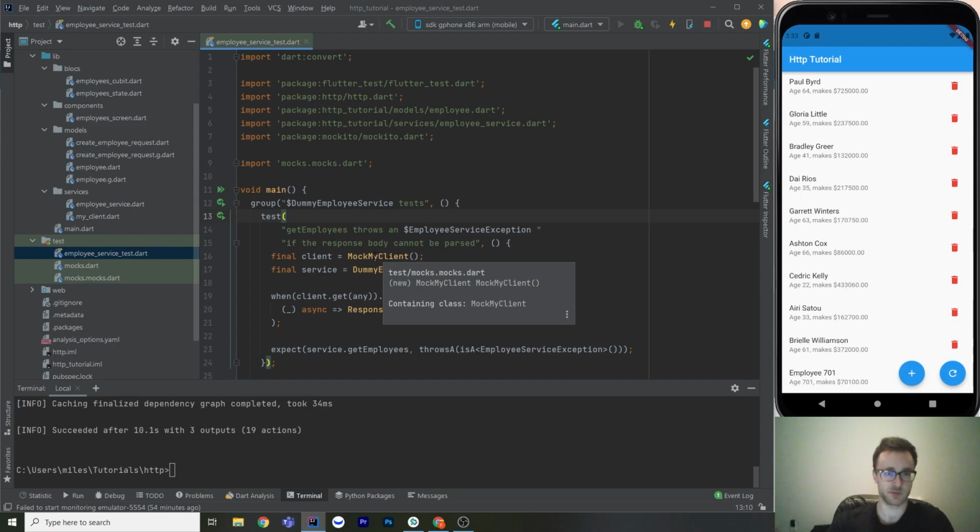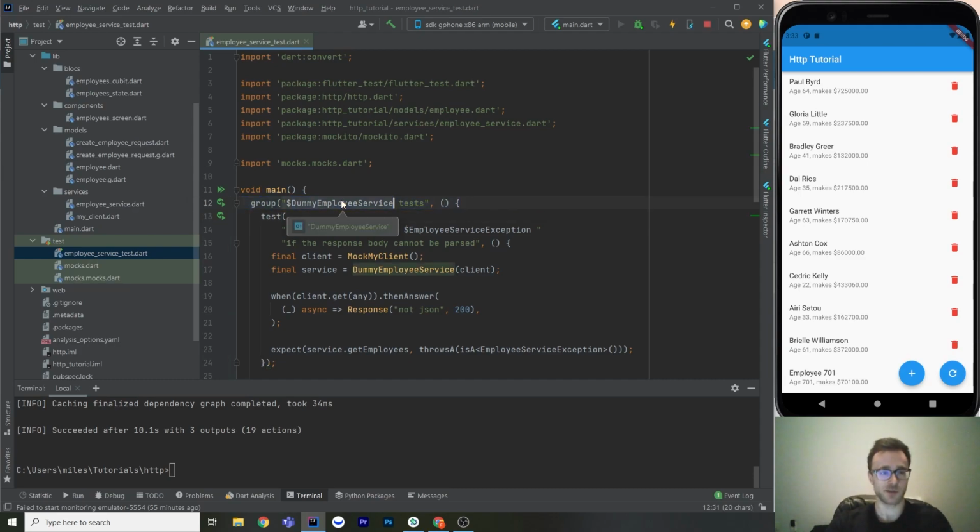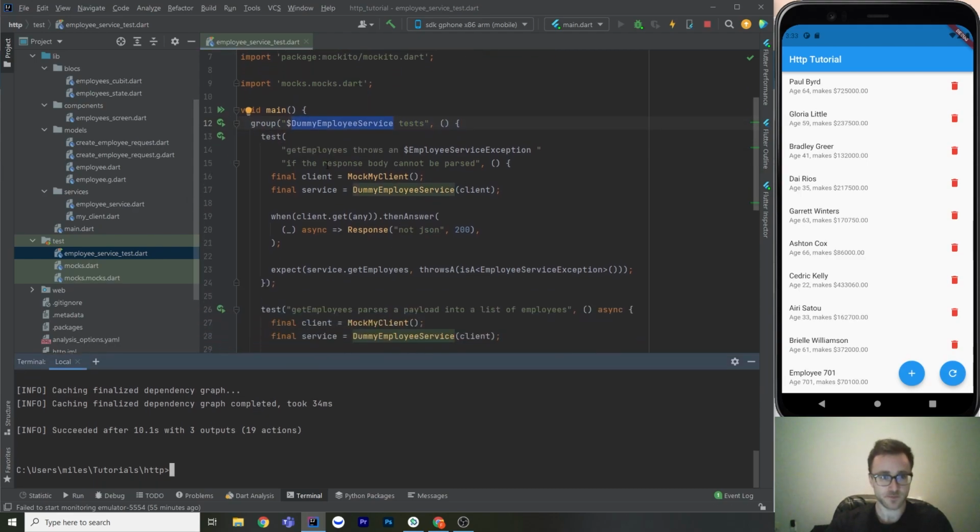Like we can mock them just being offline if we just didn't return a response whatsoever, or throw a socket exception, really. We're going to put these in a group and we're going to put the class name there so that it prints nicely on the console. And the first test